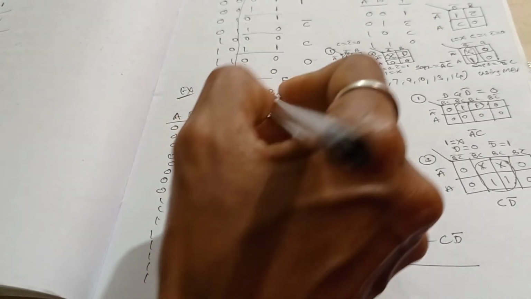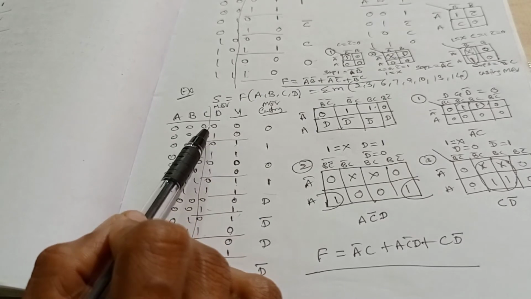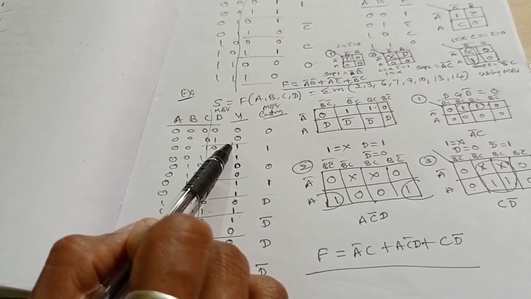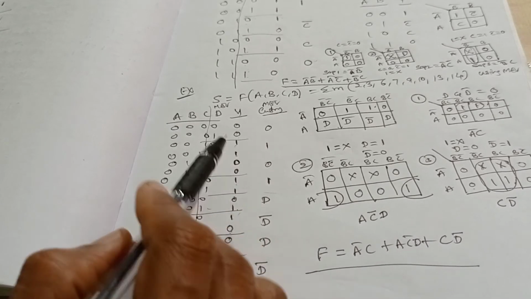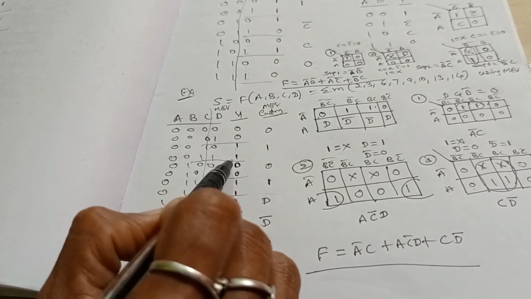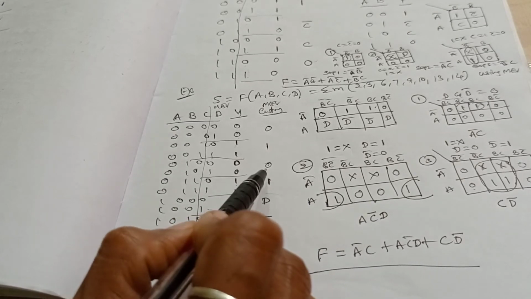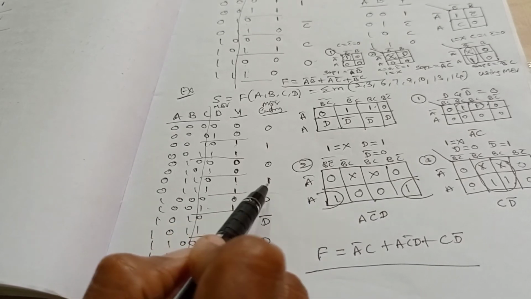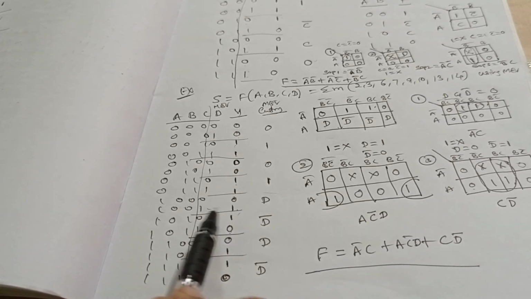This is the output by using this SOP. Now we'll enter the MEV. MEV entry: see, these two outputs 0. So enter value 0, outputs 2, outputs 1. So enter 1, again 2 values 0. Enter 0, 2 values 1. Enter 1. Input as well as output both are the same.